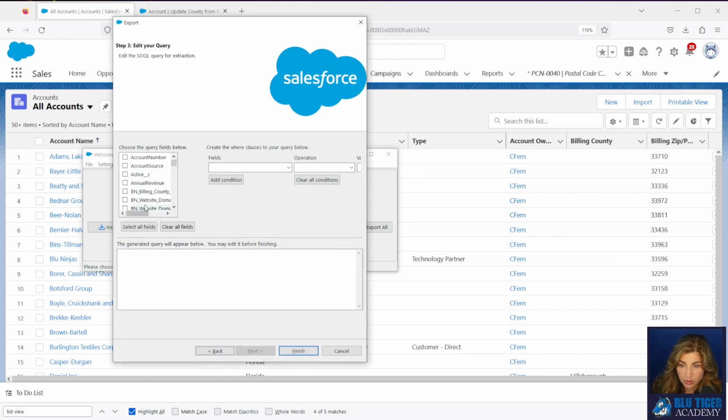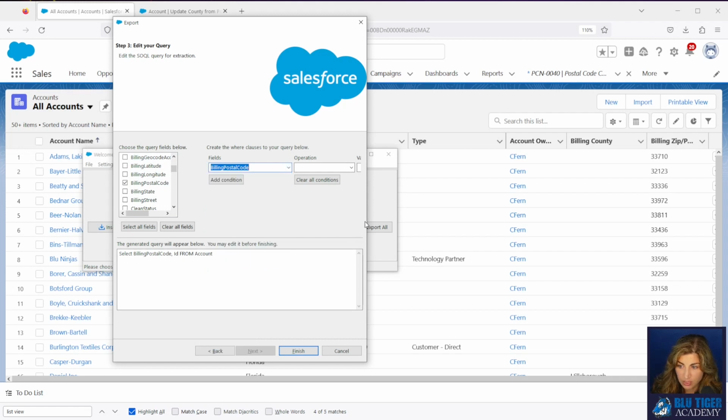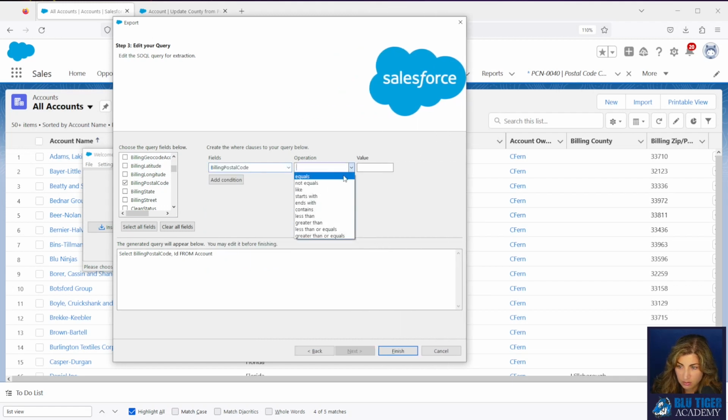And then I'm going to only export the ID as well as the billing zip code. And then I want to filter for only the accounts that have a billing zip code. So billing postal code is not equal to blank.